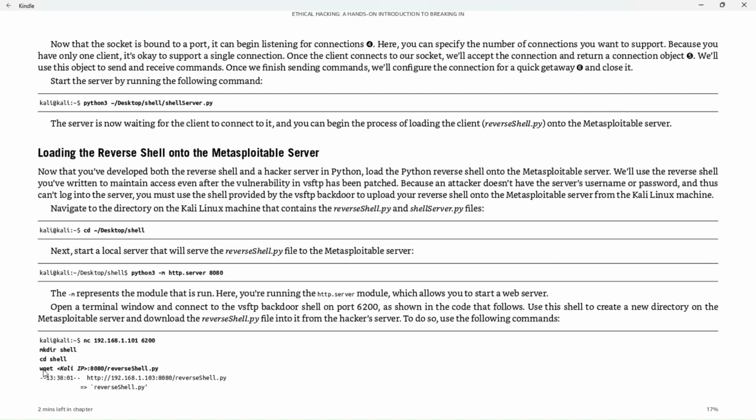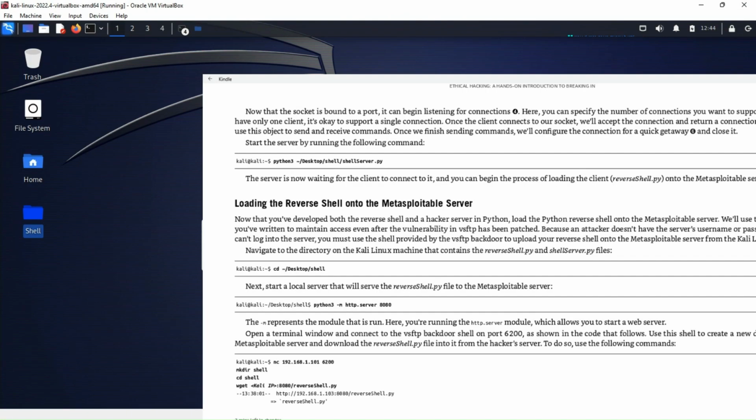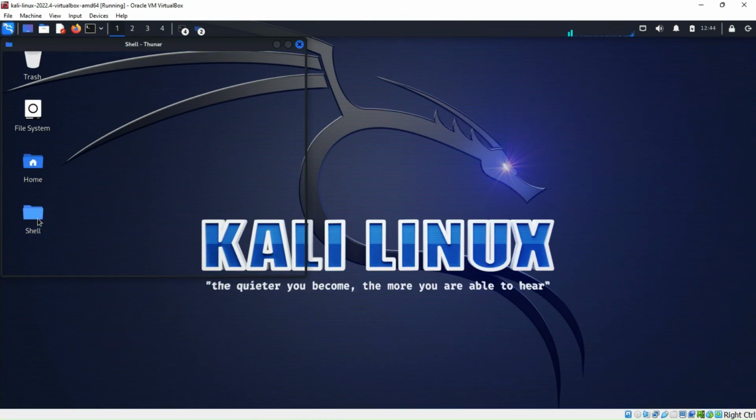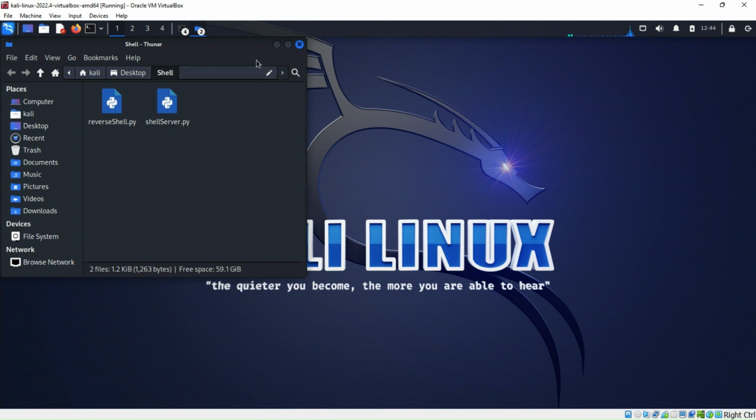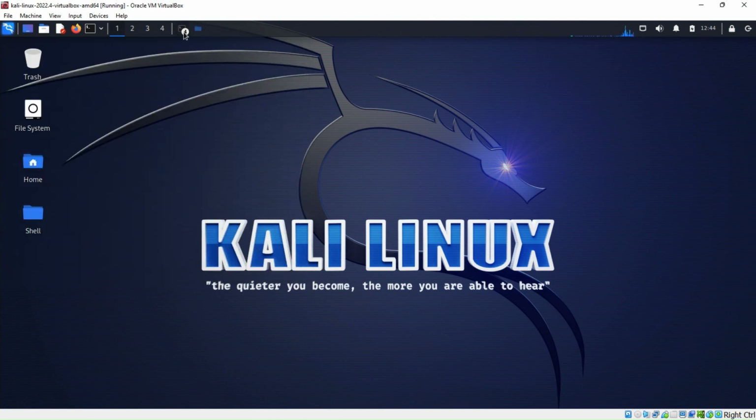So wget is getting from the Metasploitable, because we can't do that from us because the firewall probably blocks it, right? So once we're in there, we can do a wget, and then we just put in port 8080 reverse shell.py. So we're getting it from this file. We're getting the reverse shell.py. Okay, and the port 8080